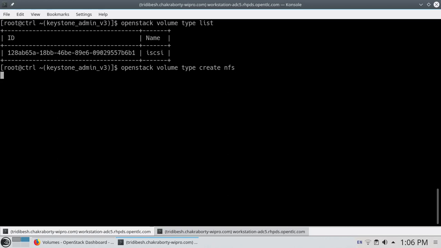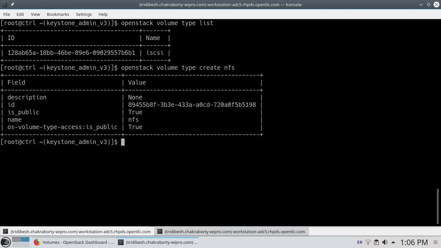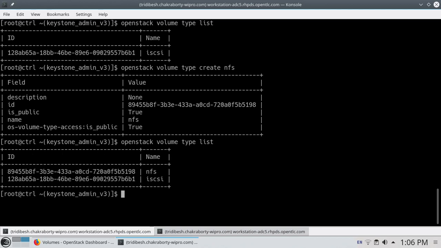Once you do that, it should create a new type of storage or volume. It takes some time, so wait for that to complete. You can see it's created. Now you again run volume type list, and you will see that along with iSCSI, NFS is also listed.